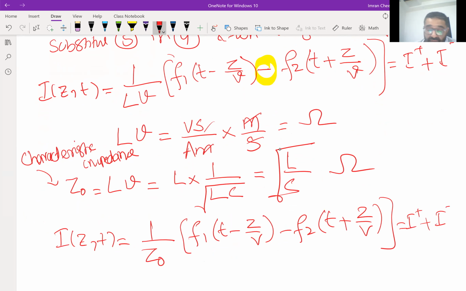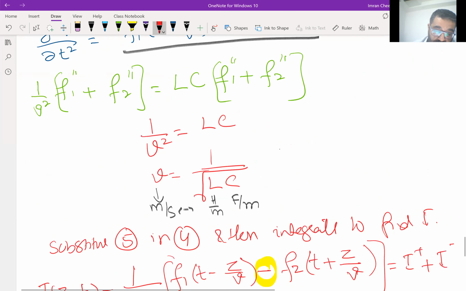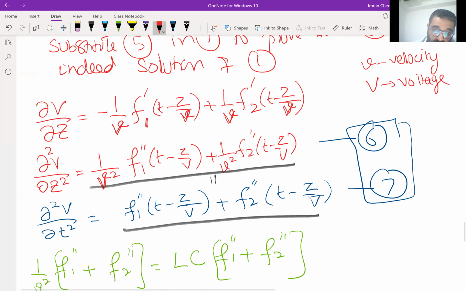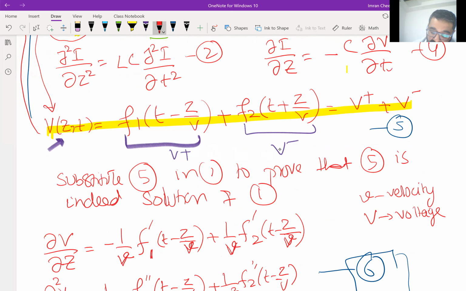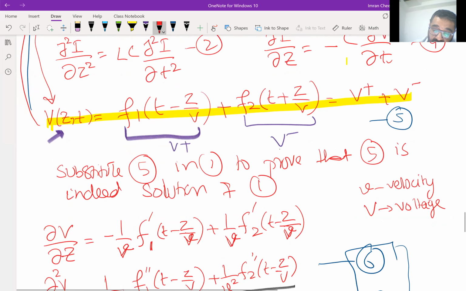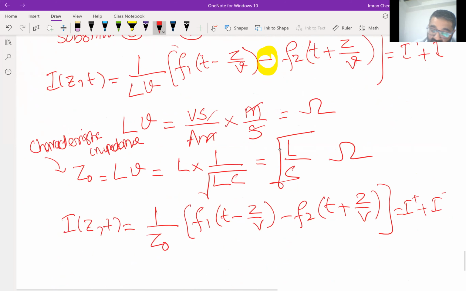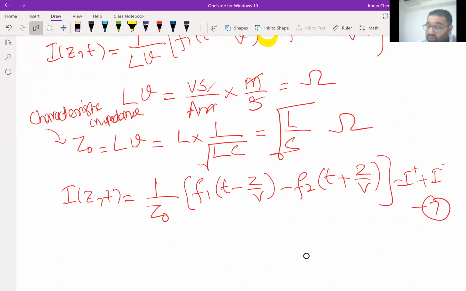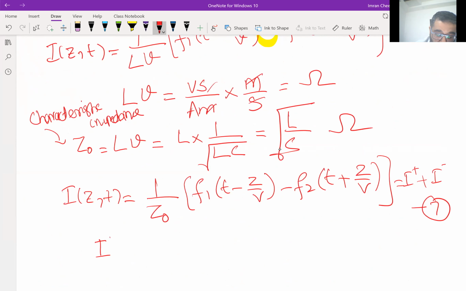Now, if you look at this equation, you have it in your notes. Let's call this equation 5, which was the voltage solution, and let's call this equation 7. By inspection, comparing the two,